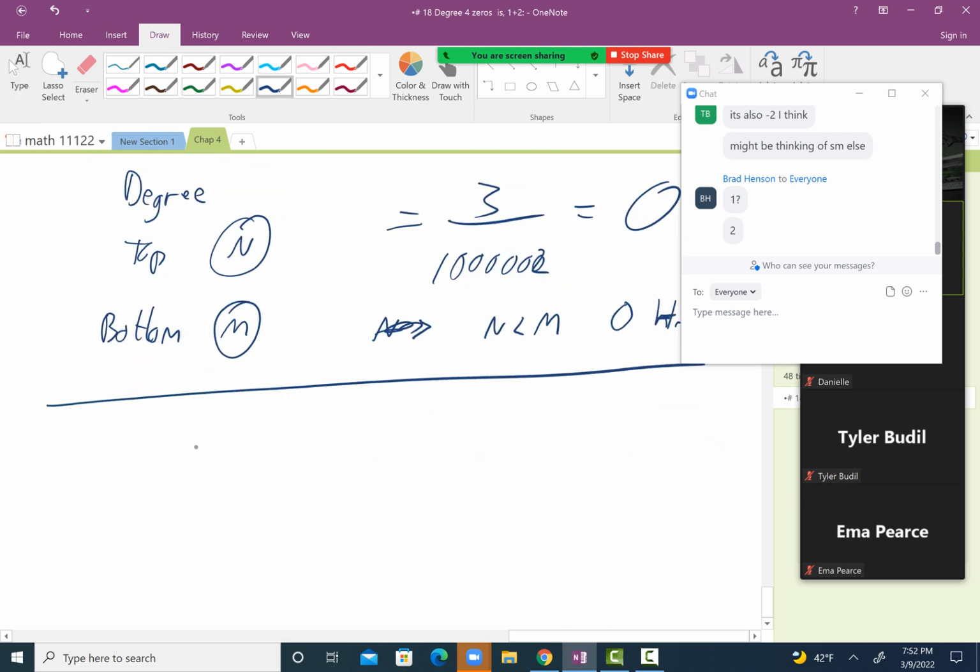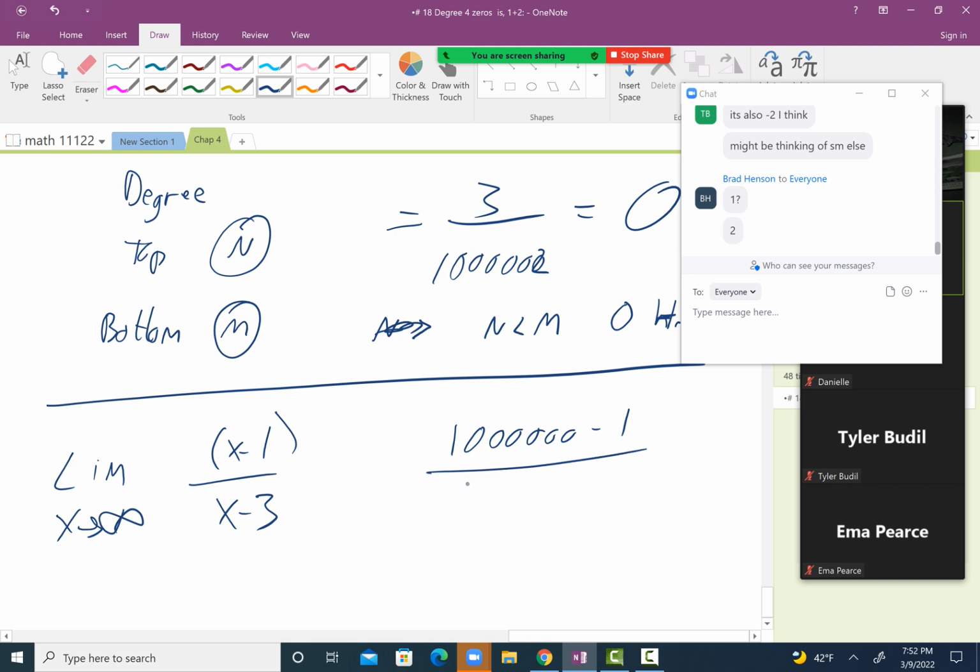Let's look at the next one. So the next one has an x minus 1 over an x minus 3. All right, so again, I'm going to take the limit of this as x approaches positive infinity. So I can't really put in infinity, but I can put in 1,000,000. I can put that in there